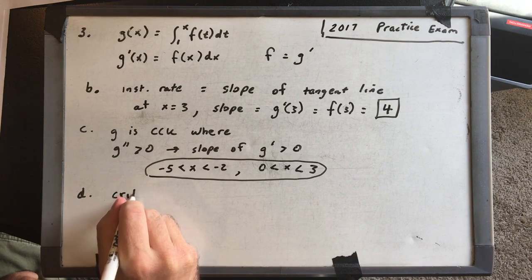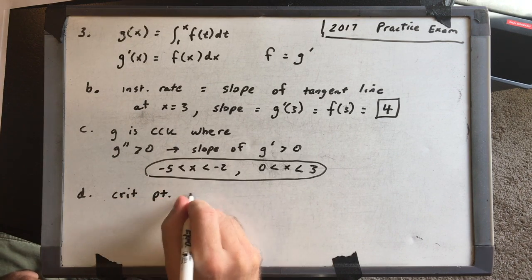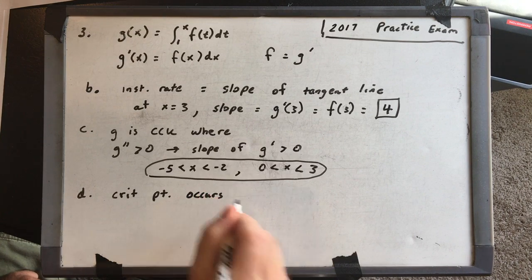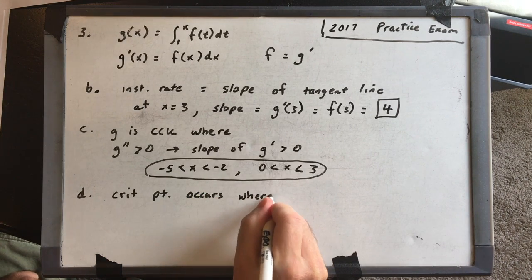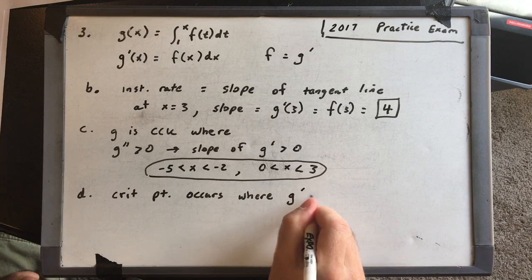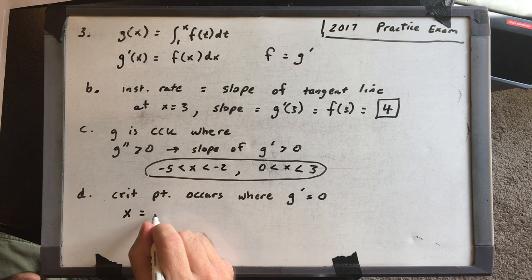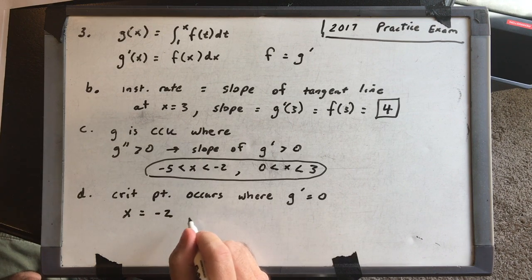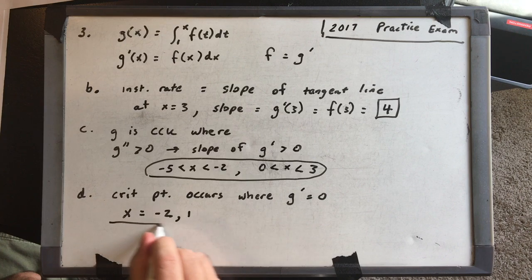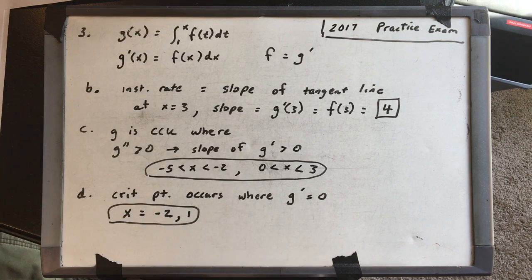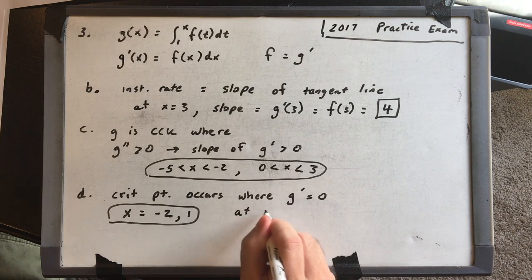So a critical point occurs where g prime is equal to 0. So that occurs at x is equal to -2 and then again at 1. Okay, so at those two critical points, do we have a minimum, a maximum, or neither? Okay, well, at x equals -2,